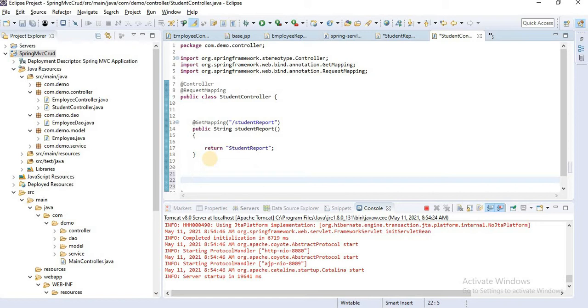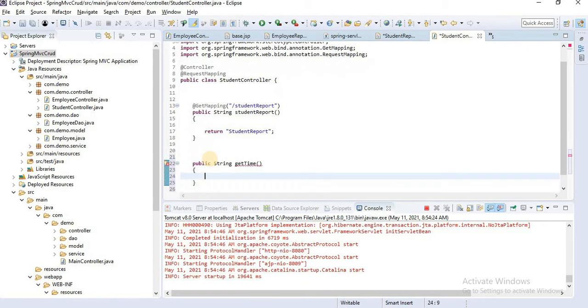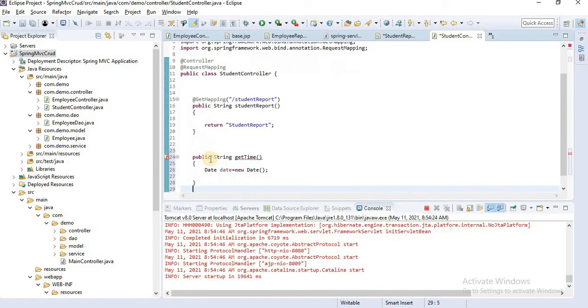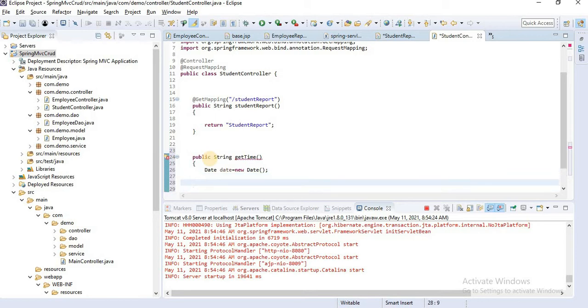Let's create public String getTime. Here we create a date object, Date date equal to new Date, import the Date class. Then return this date.